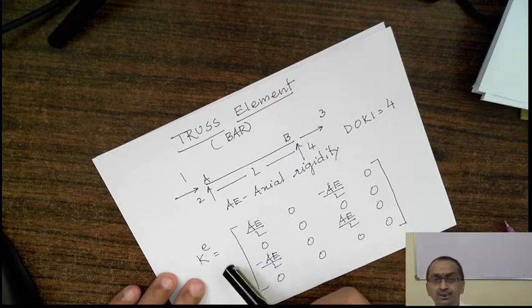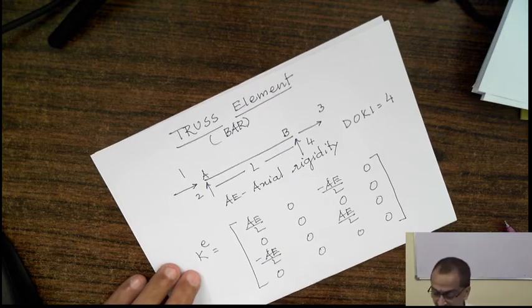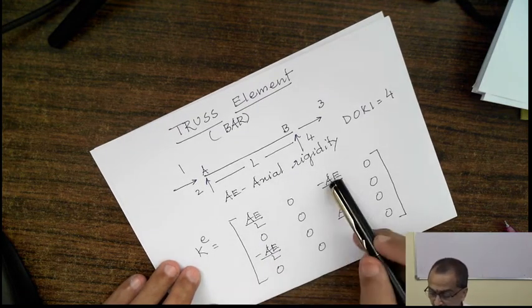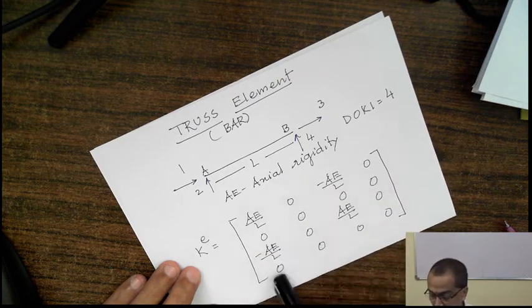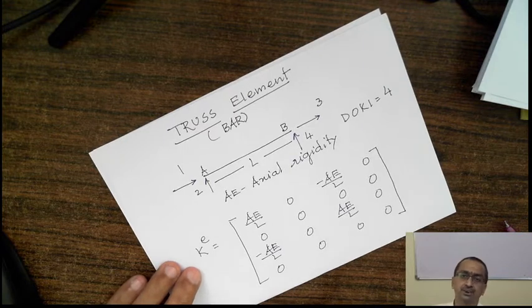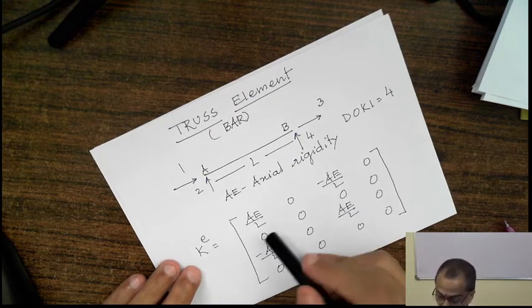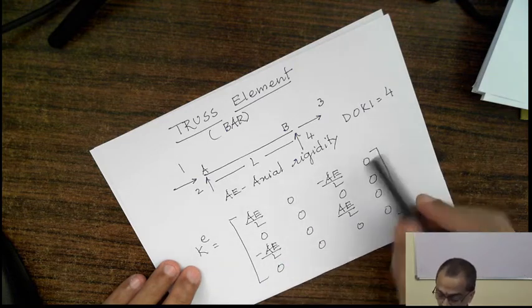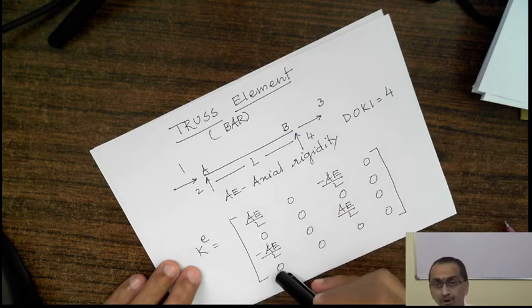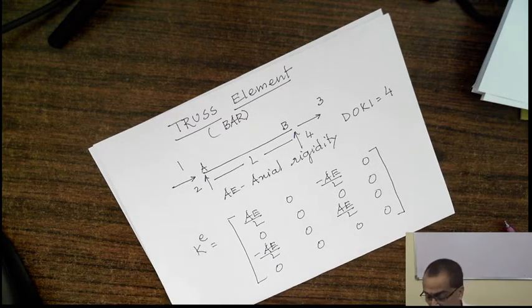That is why the truss element stiffness matrix we derived from first principles in our last lecture is AE by L, 0, minus AE by L, 0, and we have seen it satisfies all the properties of a stiffness matrix. We also have seen one special property of the truss element stiffness matrix, that if you add the elements in any row or any column, the total is 0. That is what we have seen as a special property for the truss element.